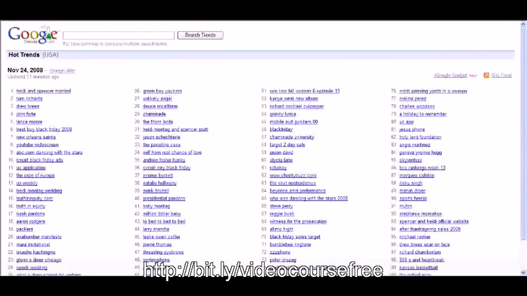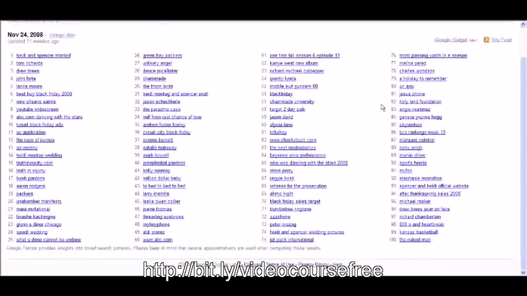Today was Monday Night Football, so we have the Green Bay Packers. That was a hot trend. Over here we've got lyrics to certain keywords. We've also got most passing yards in a season. We got a bunch of people looking around different sporting records. We got a football player showing up here. There's just a lot of different reasons why people are searching for this content, but regardless of the reason, you can tap into it and make money from this kind of strategy.